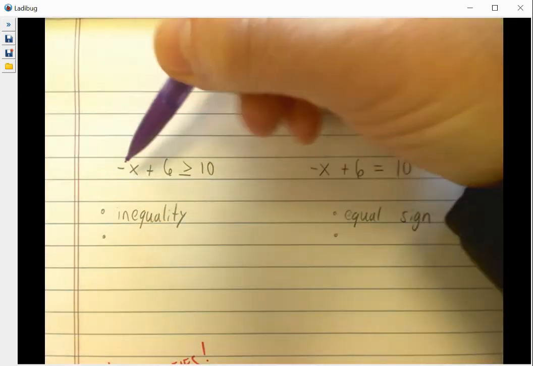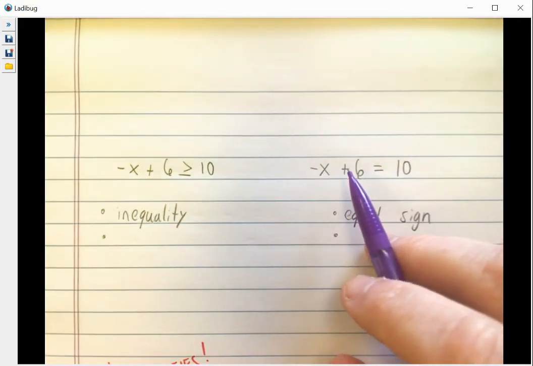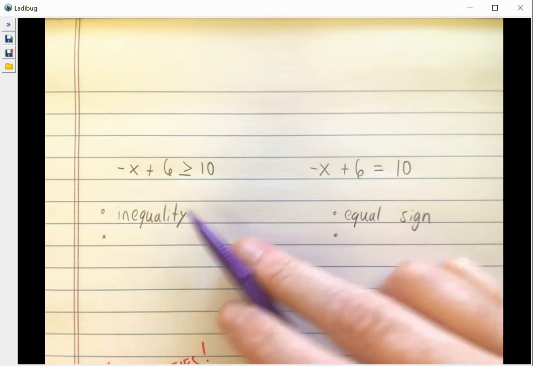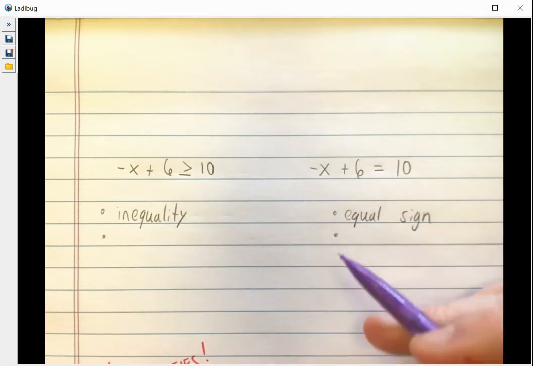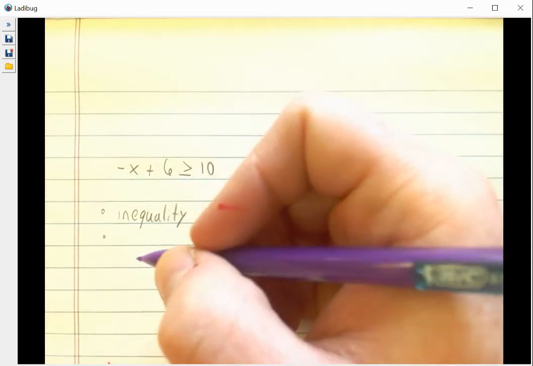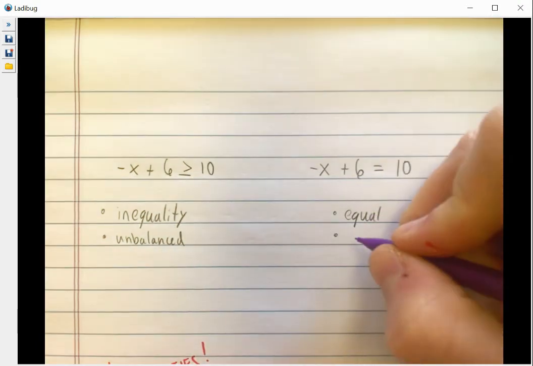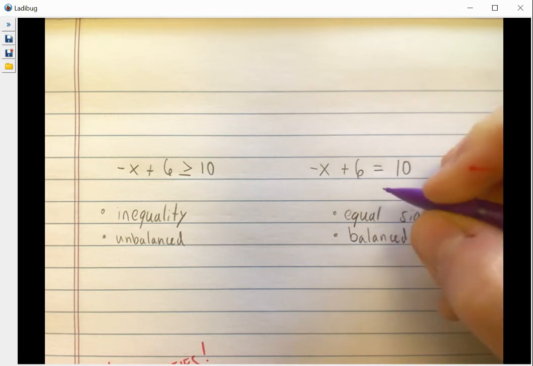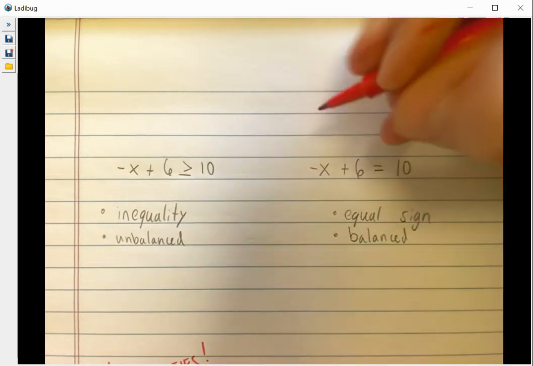So notice it's the same thing, negative x plus 6 is greater than or equal to 10. And on this side, I've got negative x plus 6 is equal to 10. This is considered an inequality. And this, we don't call it inequality, we call it an equal sign. What does that really mean? For an inequality, this is an unbalanced scenario, while this side is balanced. And what that means is that on both sides of the equal sign,